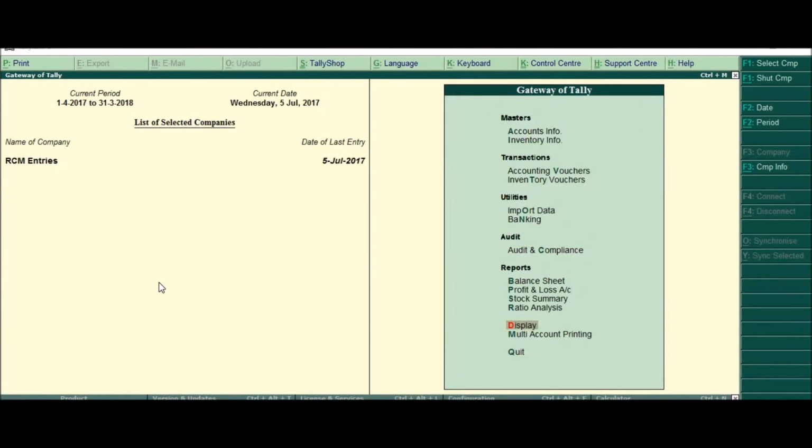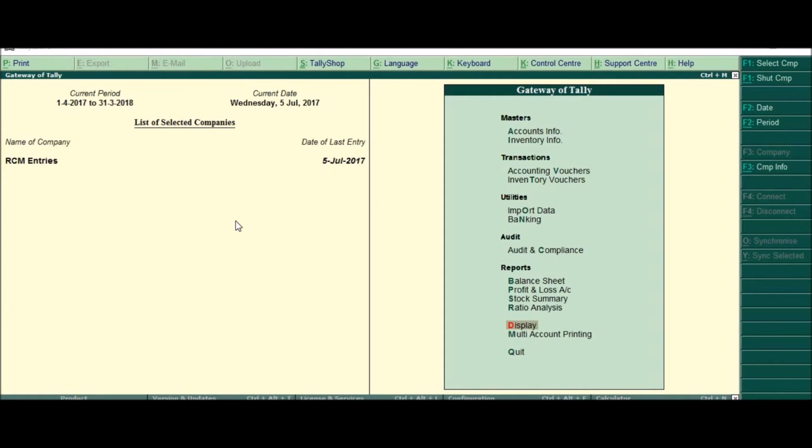Everyone. So today what we are going to learn is about the RCM entries which will be compatible with GSTR 3B. Today itself Tally Solutions has released this release of 6.0.3 which takes care of this. We will see how RCM purchases which are greater than rupees 5,000 per day will be tackled through Tally.